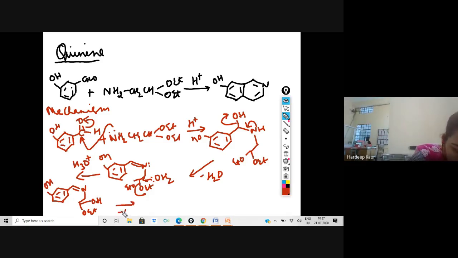Again, there is removal of one molecule of ethanol. So this carbonyl comes here with the, this is from OH, double bond, and here we will be having C double bond, sorry, CH2. So this is from CH2, C double bond O, and here we have H. Okay, so this is formed.